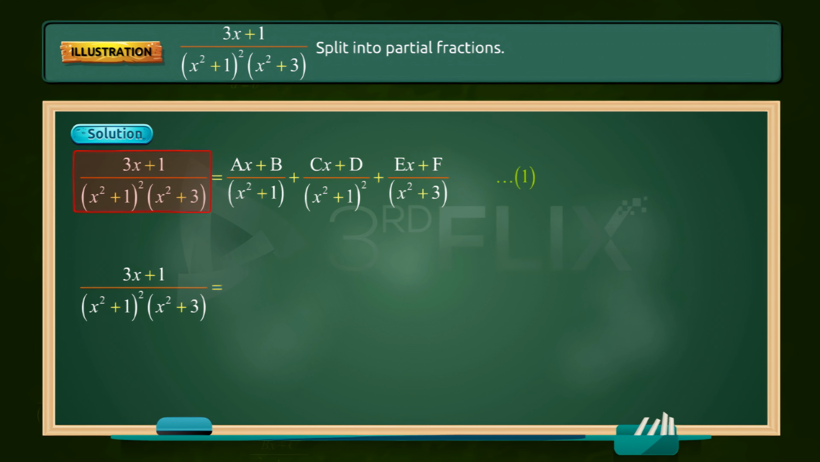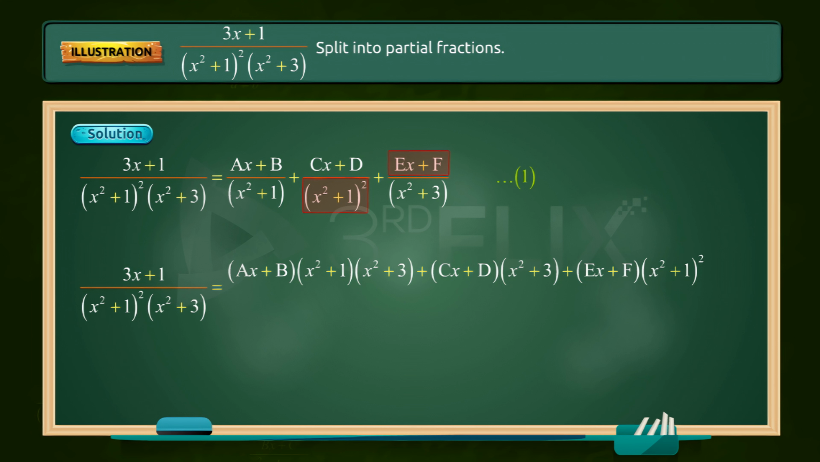On cross multiplication on RHS, a into x plus b into x square plus 1 into x square plus 3 plus c into x plus d into x square plus 3 plus e into x plus f into x square plus 1 whole power 2, whole divided by x square plus 1 whole power 2 into x square plus 3. Eliminate the denominators and write down the numerators. On LHS, 3x plus 1. On RHS,